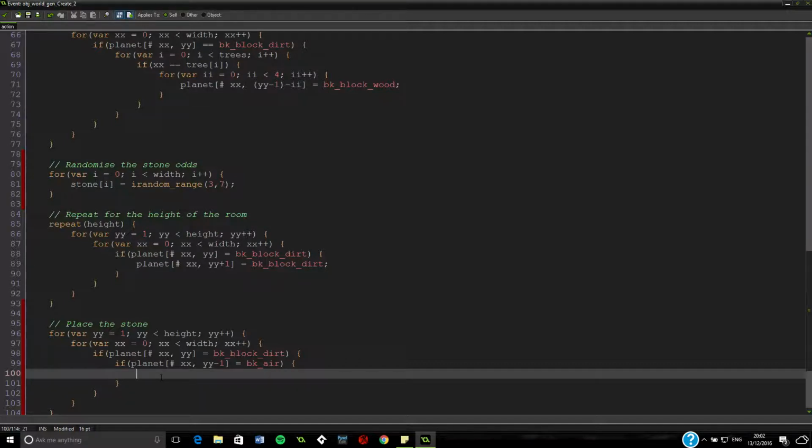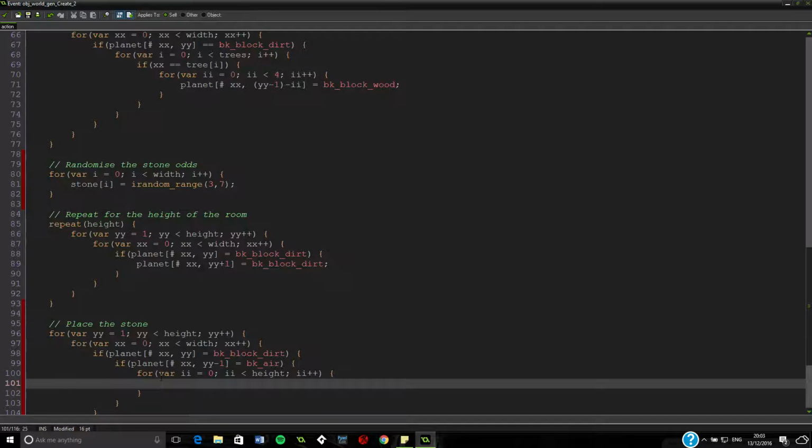So then we want to say, I guess we want to go another for loop. How should we do this then? Yeah, let's do another for loop. So for var ii equals 0, ii is less than, it needs to go all the way down to the bottom, so we're just going to say height, because it'll stop before then, but we want to make it loop enough times definitely so that it'll go through. So we're saying if